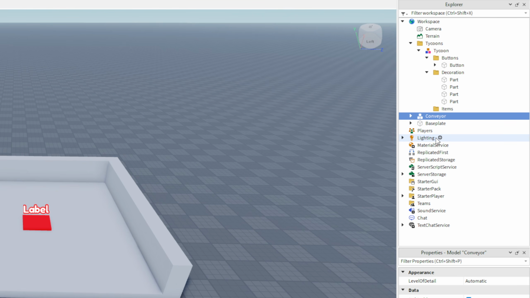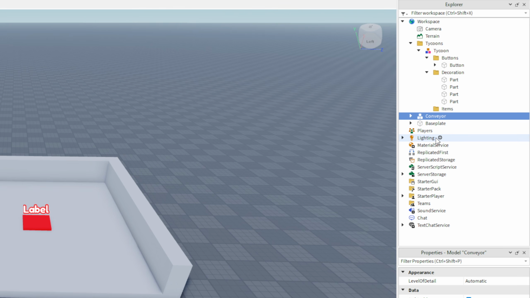So rather than doing this by saying there's a conveyor here and there's a conveyor there, we can just give every single item an ID, and then we can store information about what items a player's unlocked in their tycoon by just listing off the IDs for every single item. Because if every item has an ID, it will just make it really simple to track.